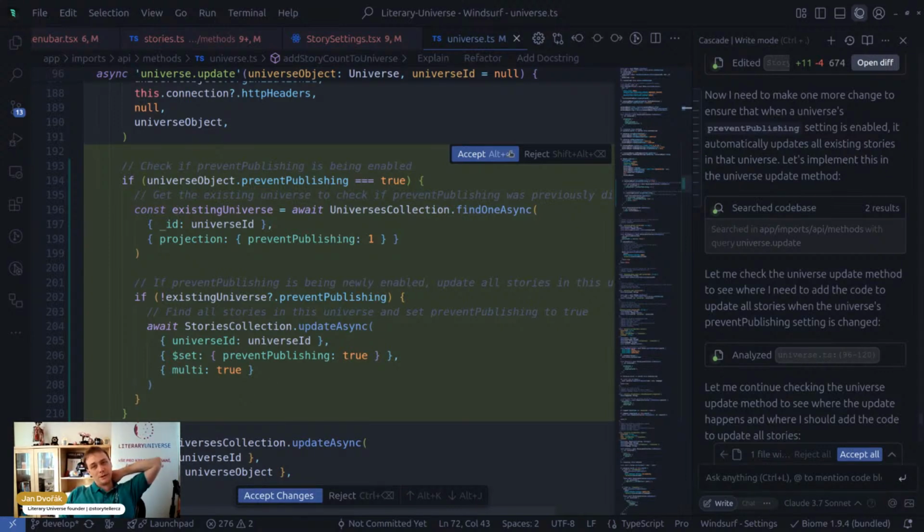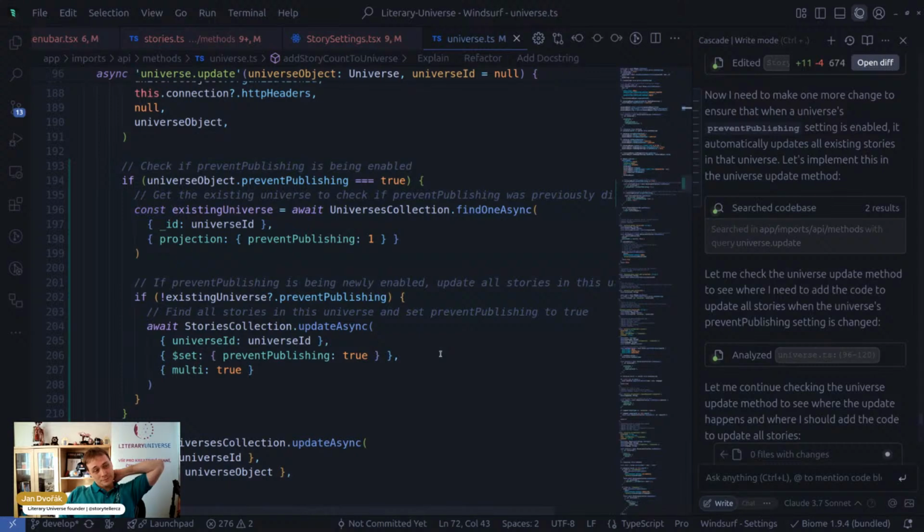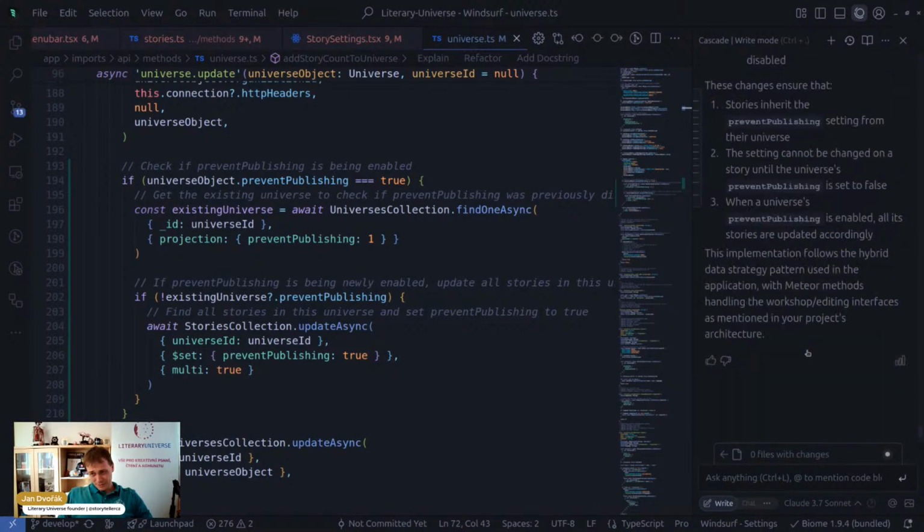Okay, that's perfect. That's exactly what I wanted. And in this case, it probably saved me like 15 minutes or so, when I would have had to go through it manually and do it. So for this, it's pretty nice,